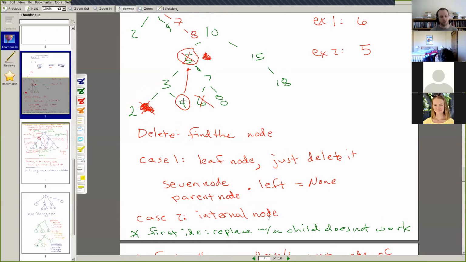Up here, the largest node of the left subtree is guaranteed to be bigger than everything else in this subtree to the left. And so we can move it up, and we're guaranteed to continue with the binary search tree property.